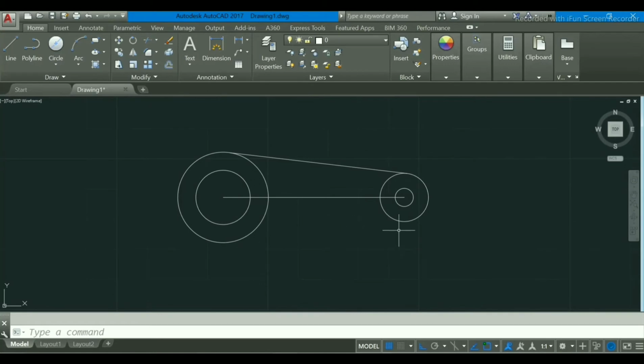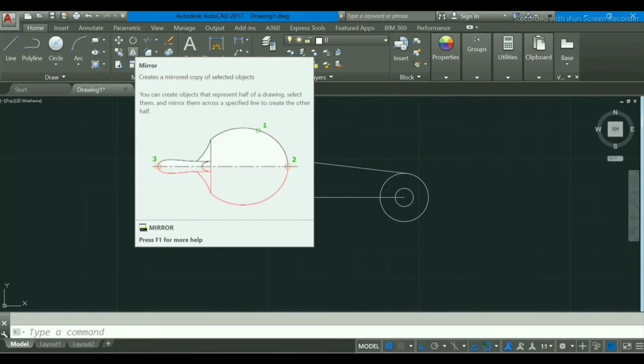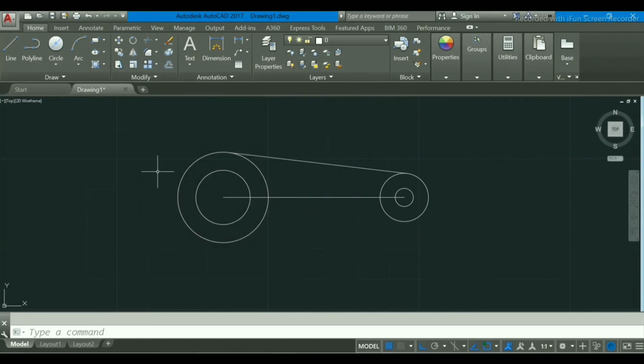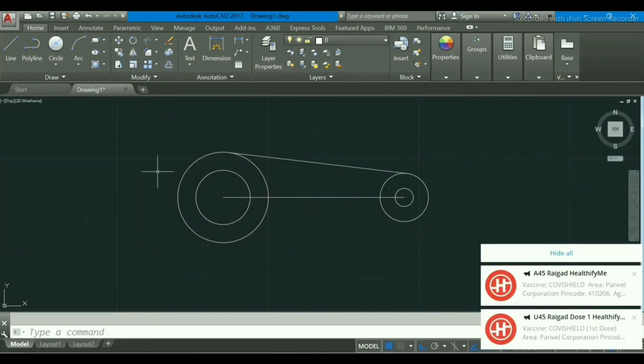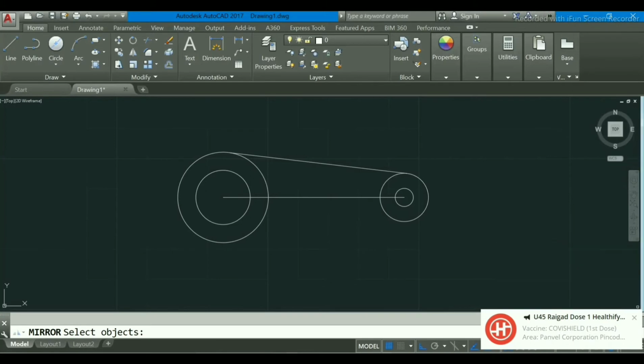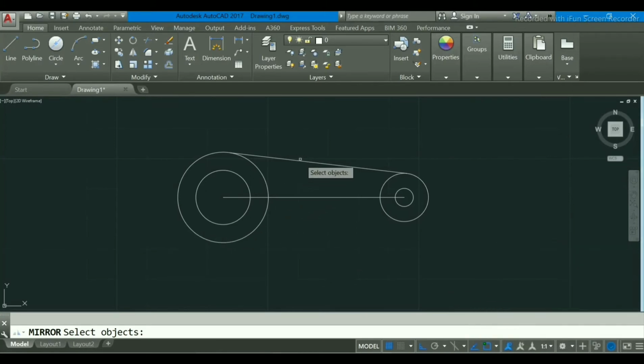Now again we have to make another line, so I will use the mirror command. You can see here, this is our mirror command. But if you want the shortcut key, press MI, enter. Mirror appears. Select this line, right click on your mouse and select which points you want.